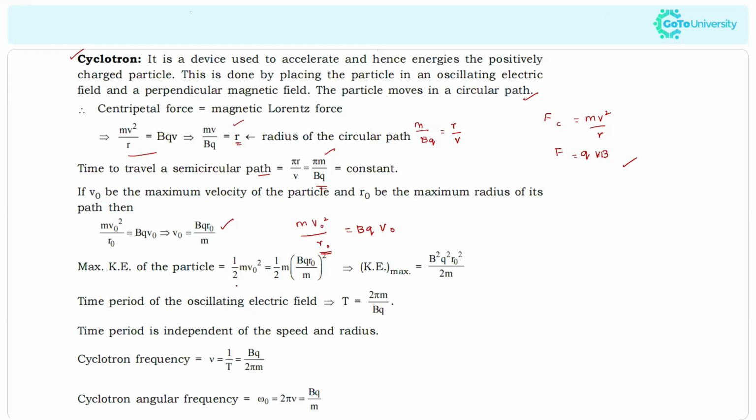By using this, we can write the value of kinetic energy as well, and then we can write the time period of oscillation in an electric field. Similarly, by using the time period, we can write the frequency, because it is known that time period is equal to 1 over frequency and vice versa, right? And then we can write the angular frequency. I'm just going to keep this screen for 2 minutes. You can note all the equations in your notebook, because it will be very helpful for you when you know all the formulas when you are going for the NEET exam.